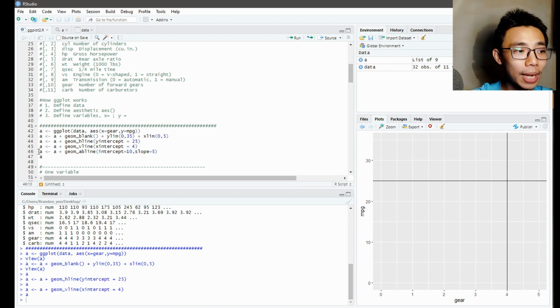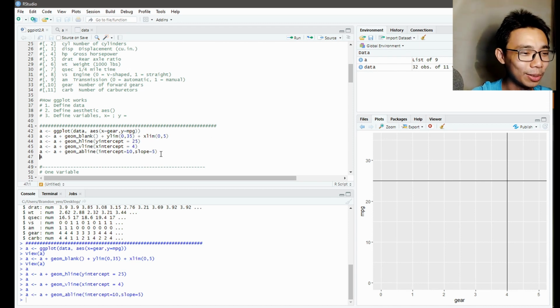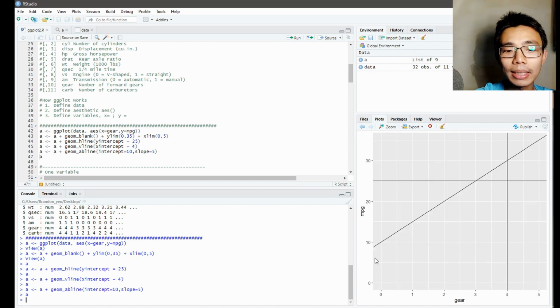If you want to add in the slope, we just say A plus geom_abline, intercept equals 10, slope equals 5. Let's just run it, it's easiest to demonstrate directly. You can see it intercepts y at x equals 0 over here, because the plot gives us a little bit of leeway in front of 0. It doesn't show 10 here, but I can assure you that